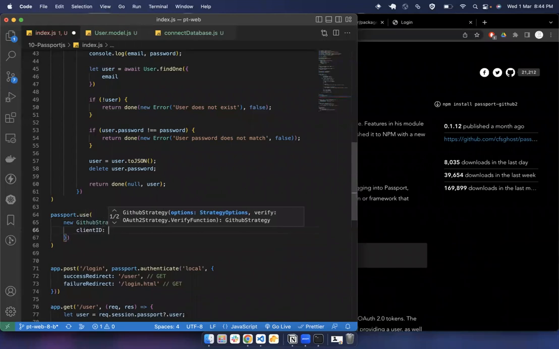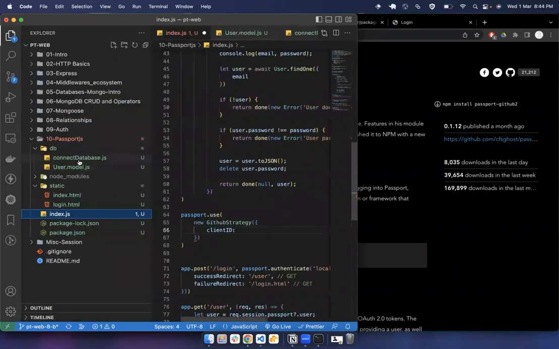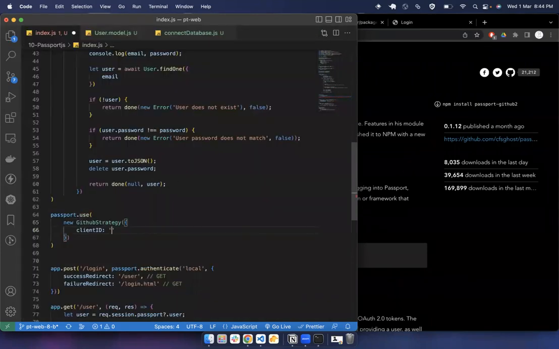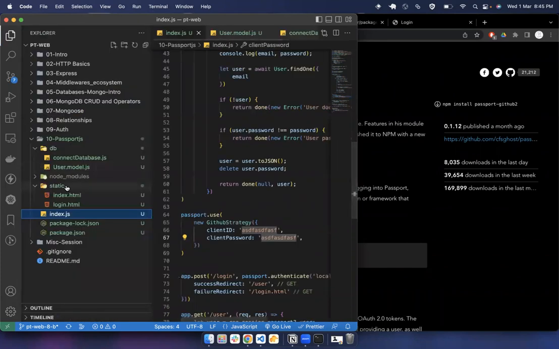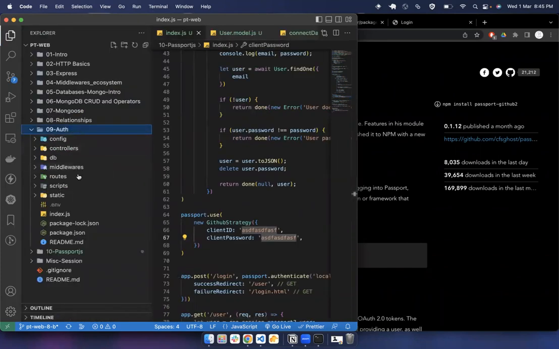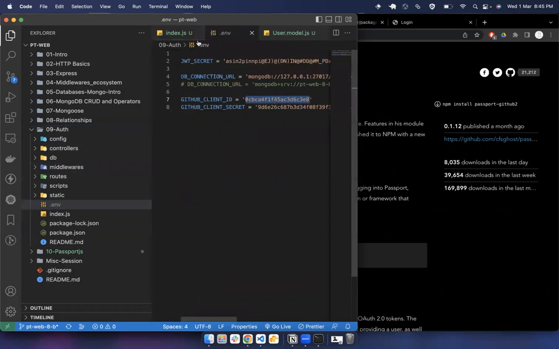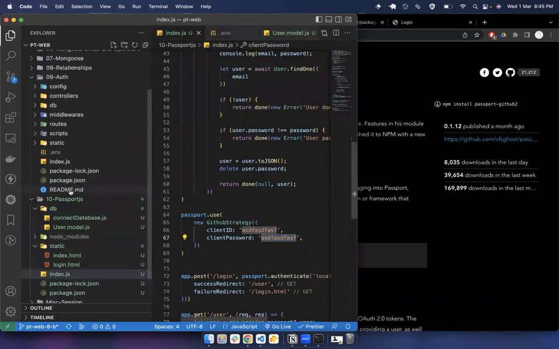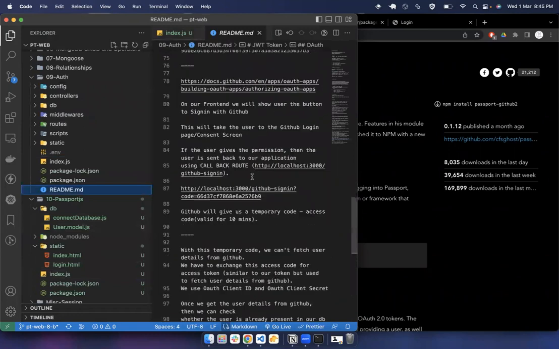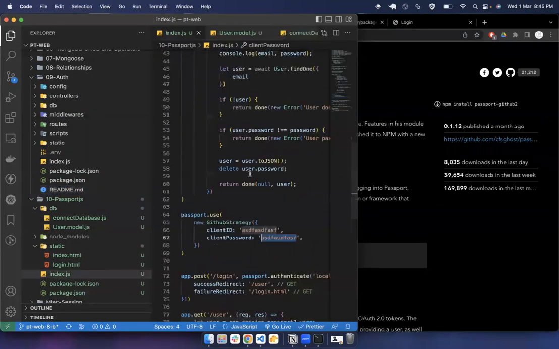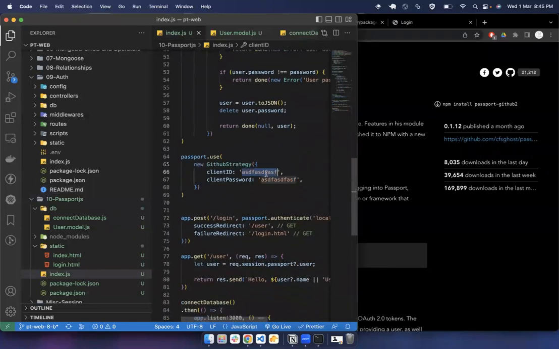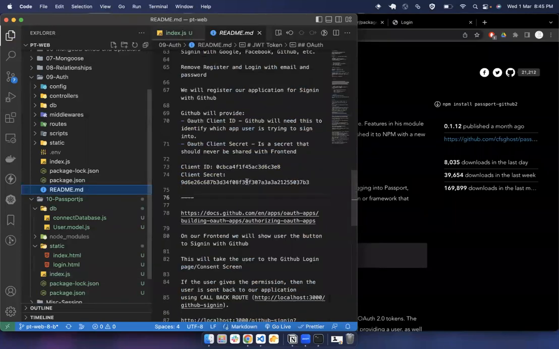So whatever client ID you have, you can add here. So I'm just going to give a random client ID and client password. So these client ID and client passwords we can use. I already have them in my code in this readme file. So I'm going to delete these anyway. That's fine. Okay, so this client ID and client secret,